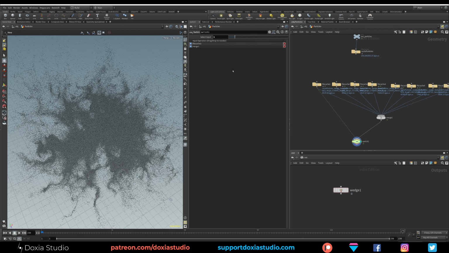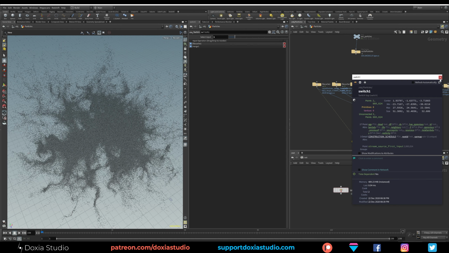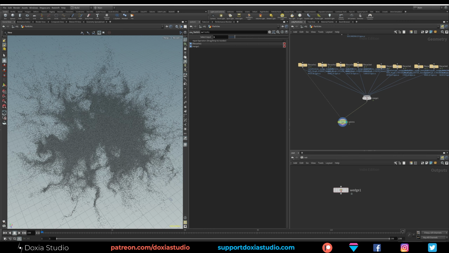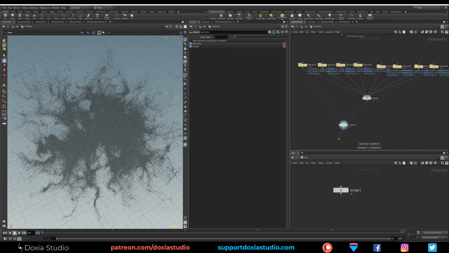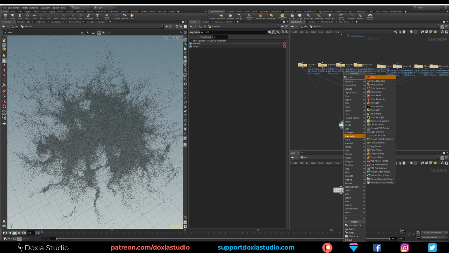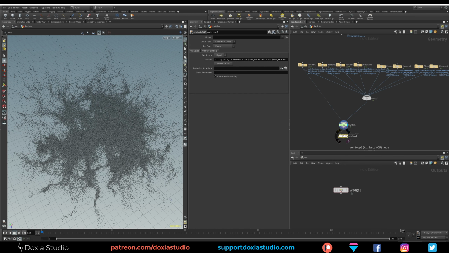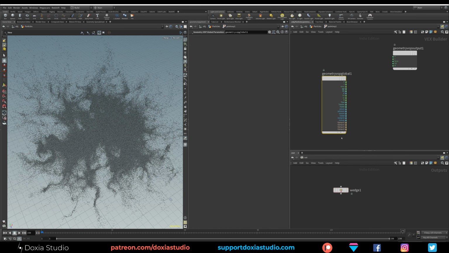And the second input is the high res with 2 million particles. It's a big difference because right now, if we want, we can put a point pop. Oops, I wrote, we want a point pop. Okay, and we want to add colors.